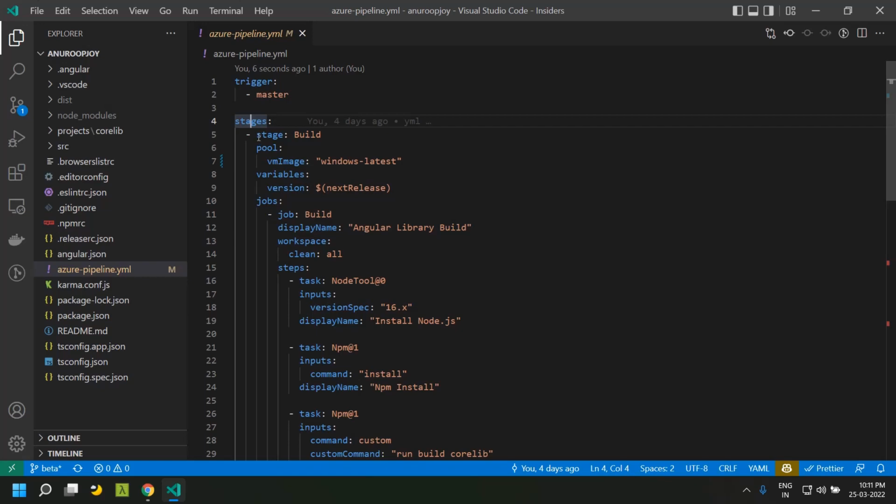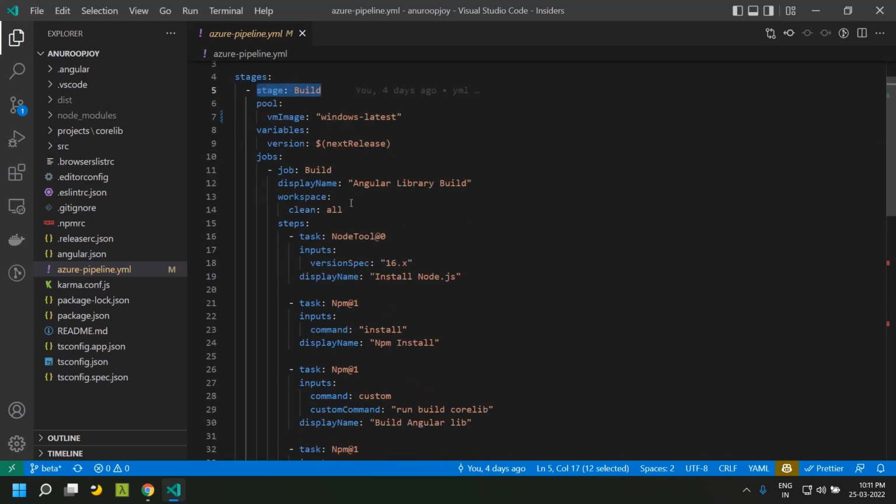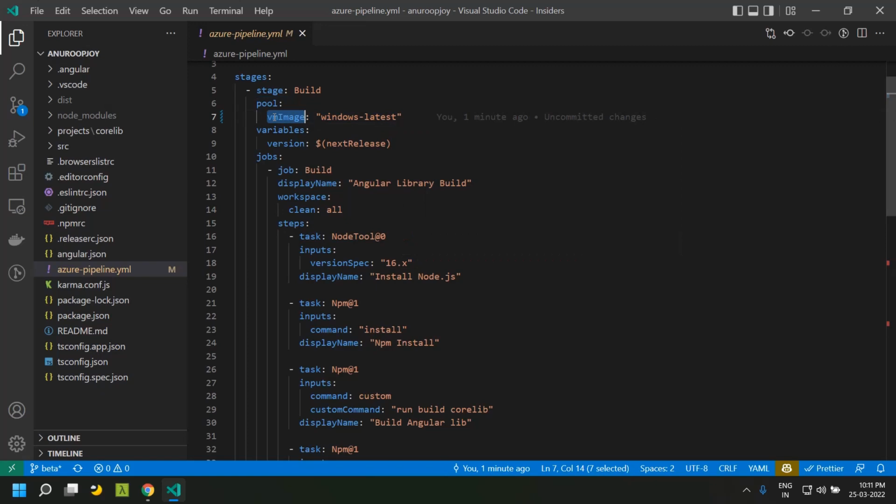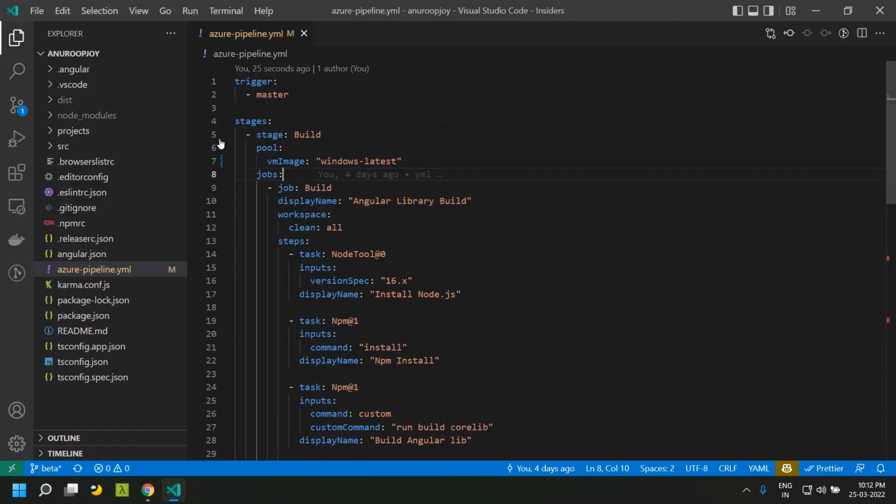So this is the first stage, that is the build. And here we are defining the pool, which is the agent pool. And we are saying that it should be taking the Windows latest, that is the image, the virtual machine image for our agent. So after that, we define the jobs which need to be run as part of this build